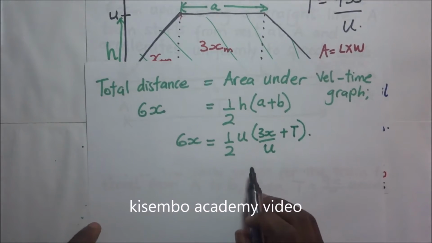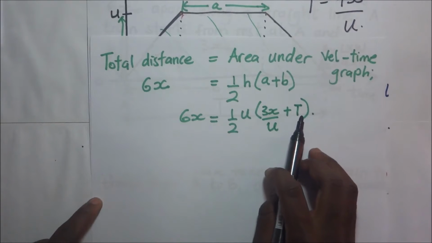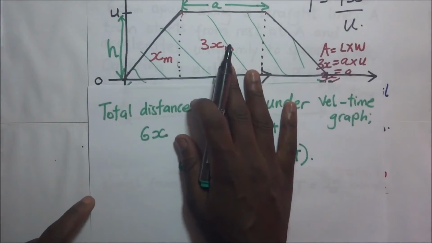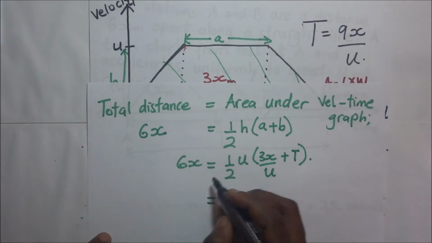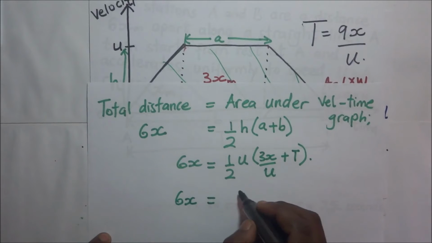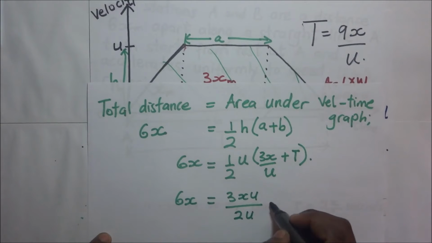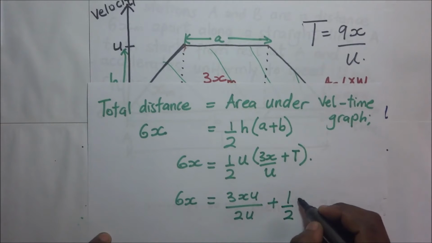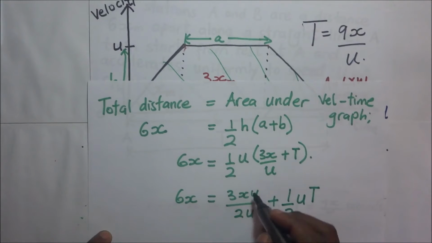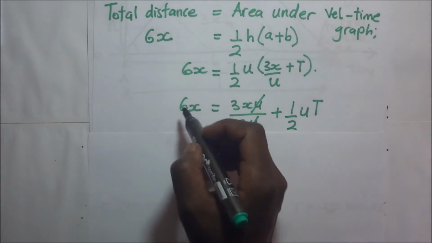So in this expression we shall go ahead and make T the subject of the formula and see if it arrives at this expression. So this is continuing. We shall say 6x is going to be equal to this times that, which is 3xu, divided by 2u, plus a half u times capital T, which is a half u capital T. Of course that u will go with that. So we try and bring this that way. It becomes